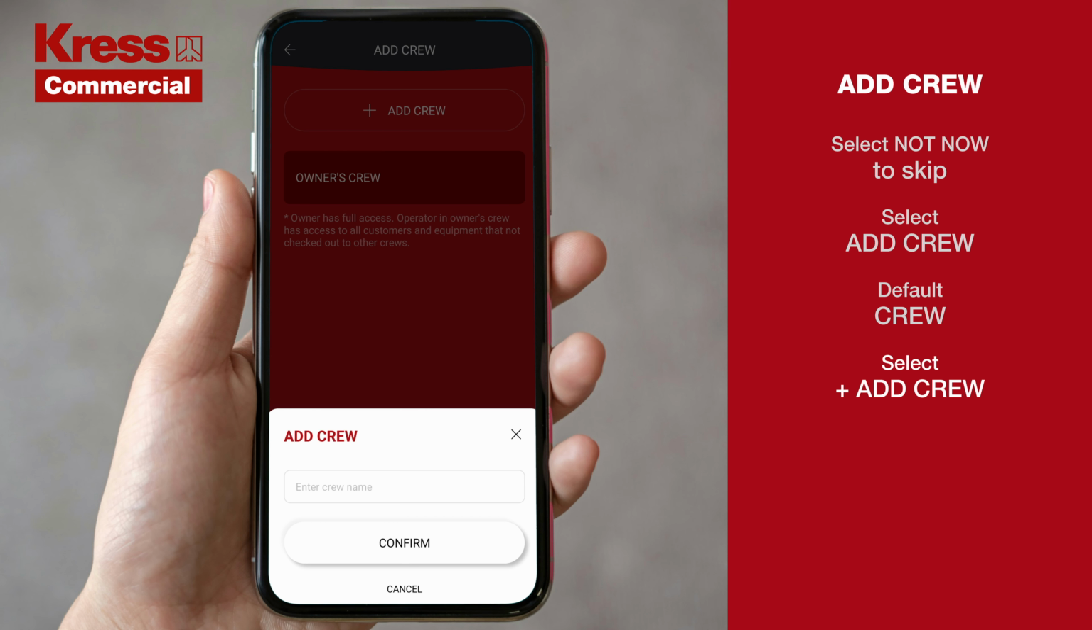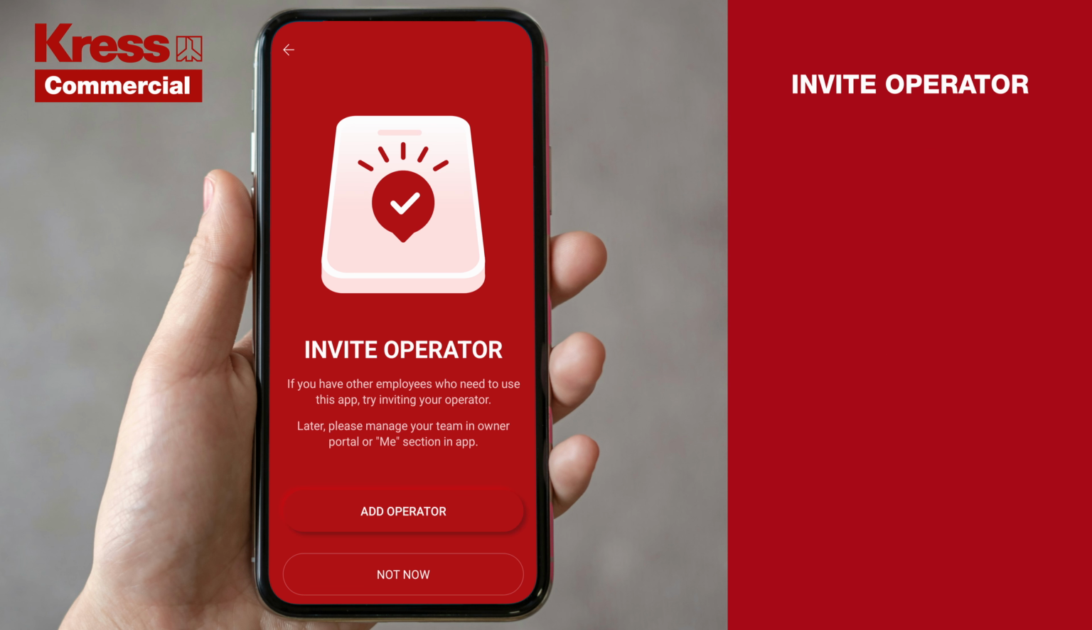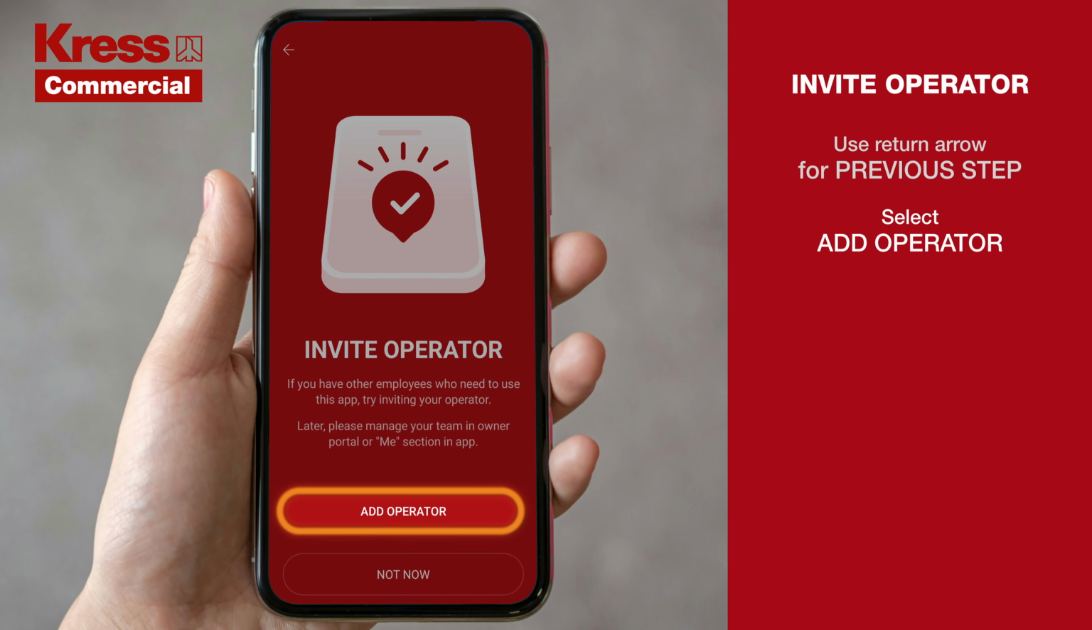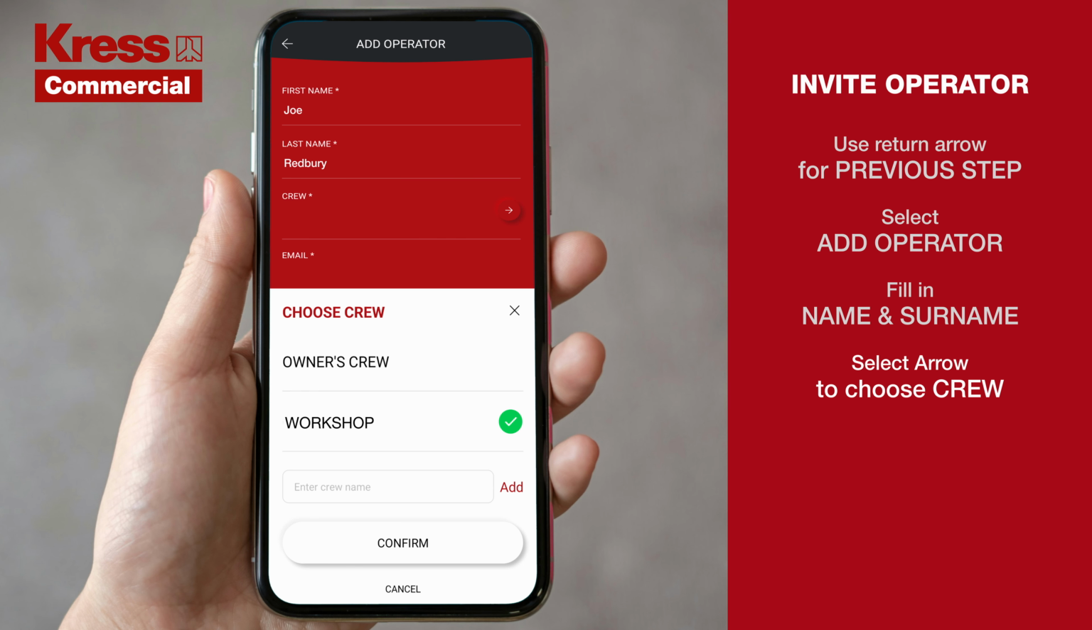Select Add Crew. Enter the crew name in the box and confirm. Select Next Step. At any stage of this process, you have the option to return to the previous step by selecting the return arrow. If you have another operator who will be using the app, you can invite them to join here. Select Add Operator. Fill in a name and surname. Select the arrow and assign your operator to a crew. And select